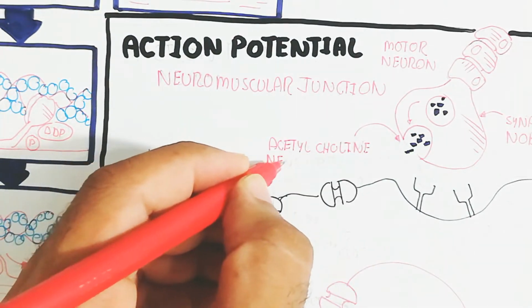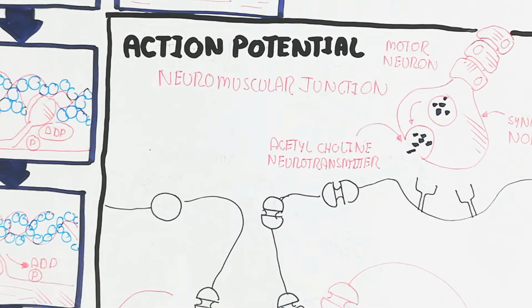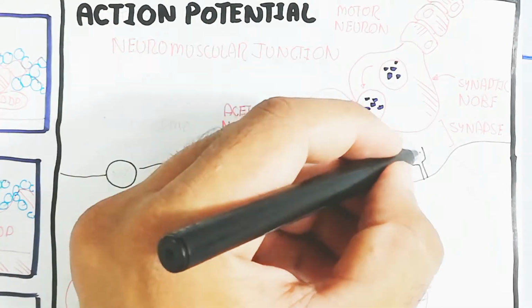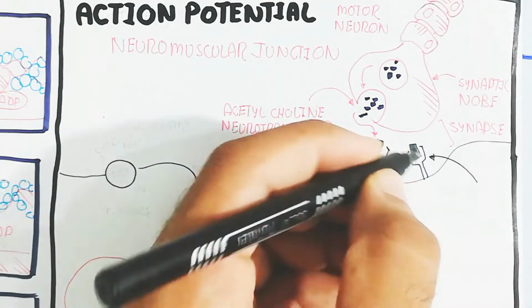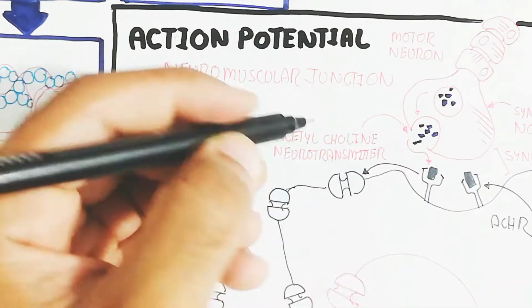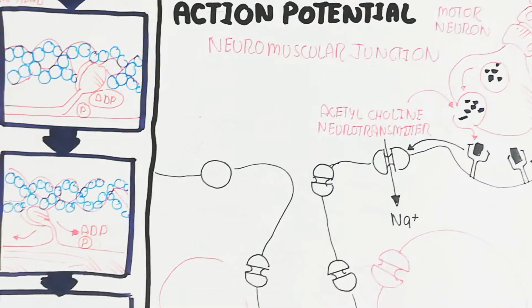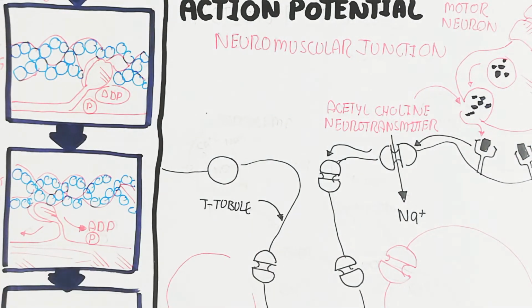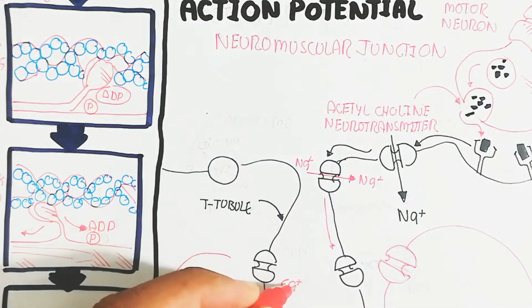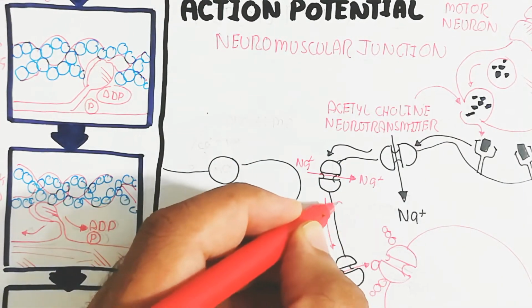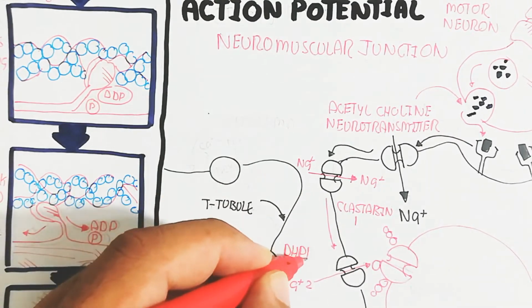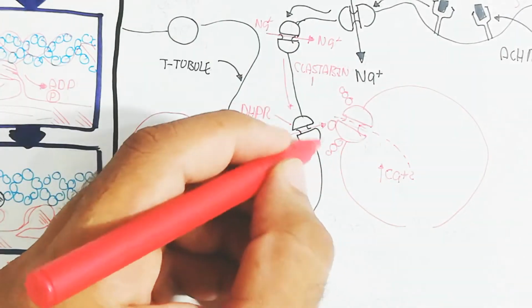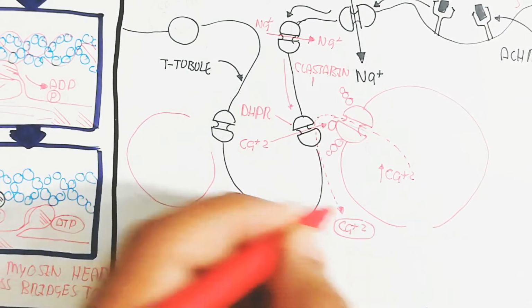So this is the sarcolemma, meaning the muscle fiber, and the neurotransmitter acetylcholine will be released, known as exocytosis, and the synapse, the neuromuscular junction, is present. So the acetylcholine receptor will bind with the acetylcholine. After this trigger, the sodium ions will move inside. After the sodium ions move inside, this is the T tubule. The depolarization will move to the T tubule side, and the DHPR receptor, like a channel, will allow calcium to move inside into the sarcoplasmic reticulum, where the